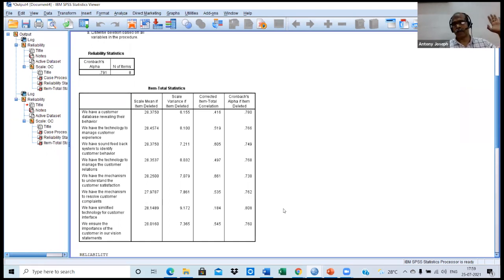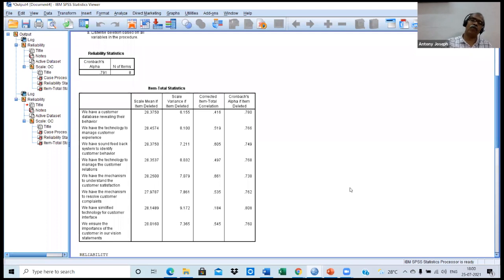Okay, once again, remember how much is the minimum? Minimum Cronbach alpha required is 0.7. Always remember. And the minimum item to total correlation is 0.3. If the Cronbach alpha if item deleted for any particular statement is greater than the common Cronbach alpha of the scale, that statement must be avoided. If the item to total correlation is lower than 0.3, then also it must be avoided for the final reliability computation. Okay, that is important.